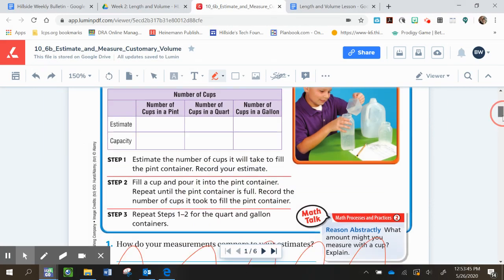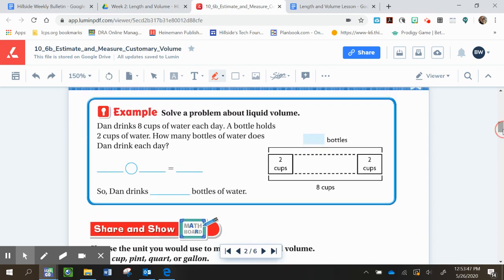Okay, so we're going to move on and we're going to do this little problem where we're going to bring back some division. So it says that Dan drinks 8 cups of water a day. A bottle holds 2 cups of water. How many bottles of water does Dan drink each day? So if we take our 8 cups and divide that,